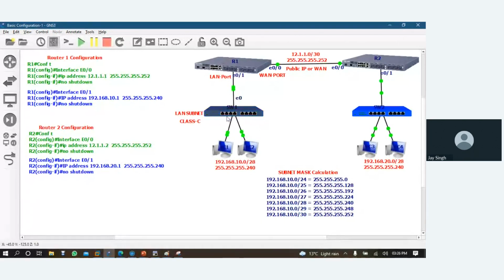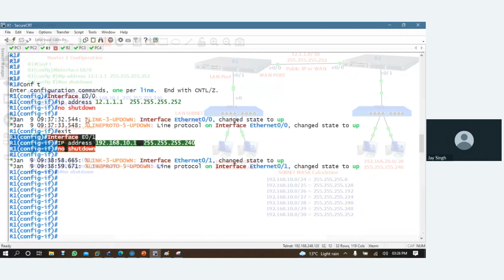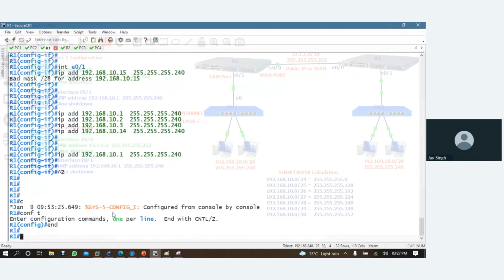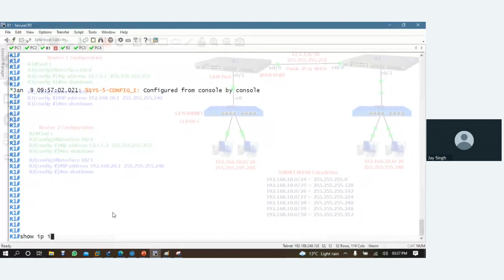Okay. So our router 1 and router 2 configuration is done. Now we are going to verify the configuration, the IP configuration. So come to router 1, type here exit, depends on what you want to type. Now here you type show IP interface brief,